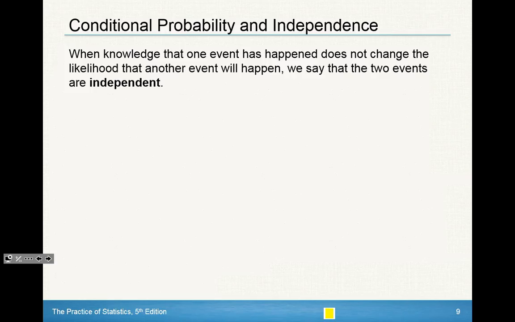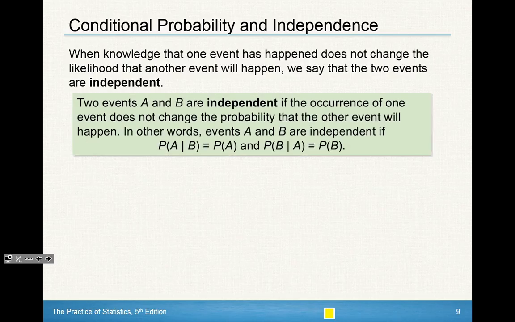When knowledge that one event has happened does not change the likelihood that another event will happen, we say that the two events are independent. Two events A and B are independent if the occurrence of one event does not change the probability that the other event will happen. In other words, events A and B are independent if the probability of A given B is equal to just the probability of A,